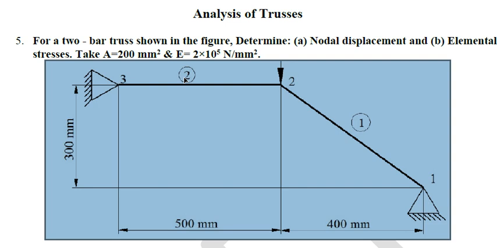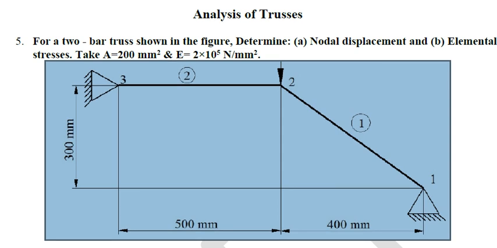Here, at each node there will be displacement occurring in 2 directions. Node 1 will move in x direction as well as in y direction. Similarly, node 2 and node 3. That is why truss is considered to be 2D. If we take this problem for a 2D truss element, we have to determine nodal displacement and elemental stresses. We have solved these types of problems already. However, I will brush up just.